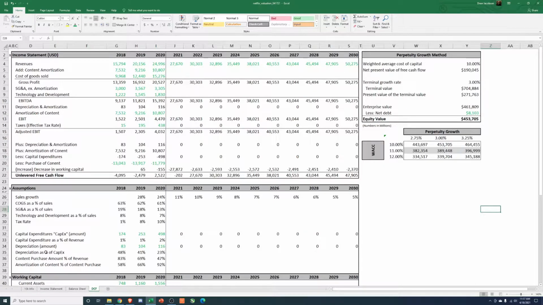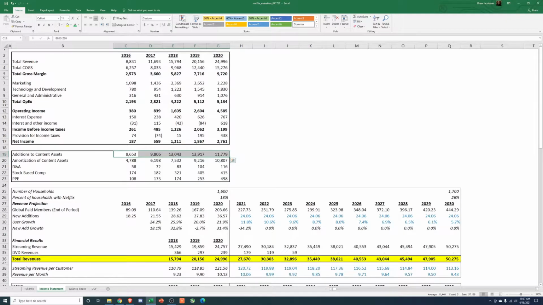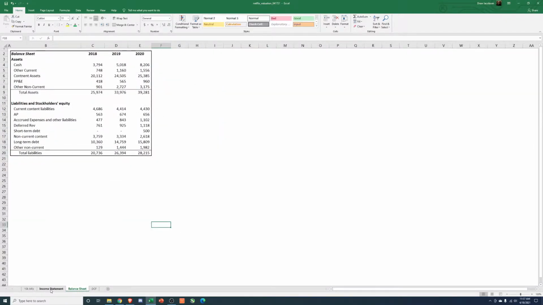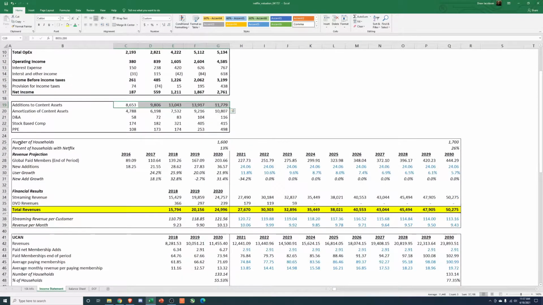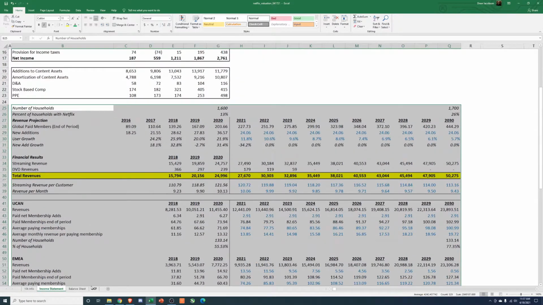If you're new to the series, for this one it's just me walking through how I come up with a valuation for a company, kind of start to finish. First, we look at the 10K, pull in information from the income statement and the balance sheet out of their financials, and forecast out top line growth. I think that's usually the most important thing to spend the most time forecasting.